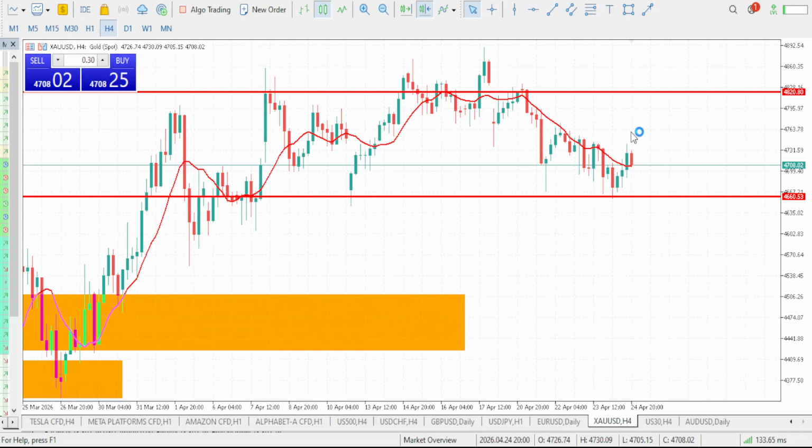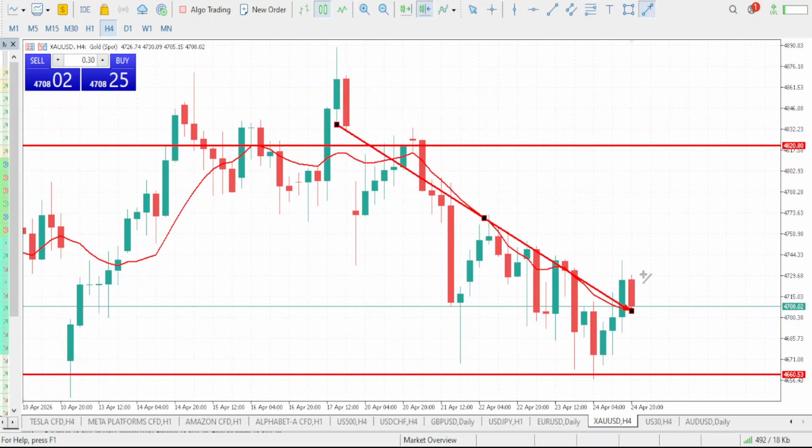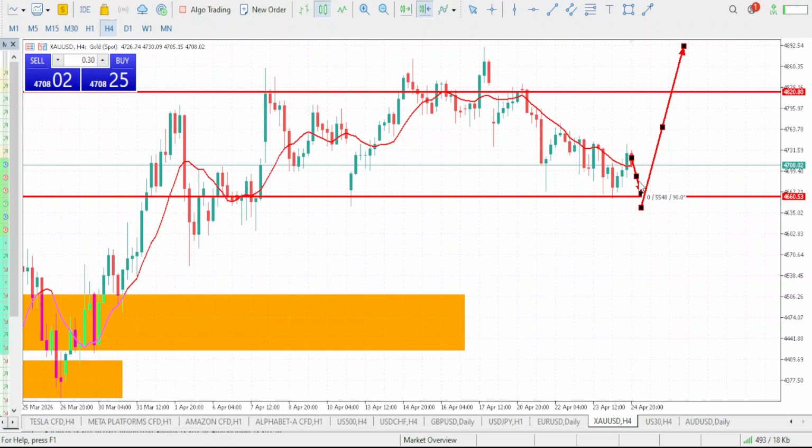But right now, what is market doing? What is the current trend? Market is currently trending downward. Market is currently dropping. So let's see gold give us some more drop to form a new low before it eventually starts pushing up, that we start forming a new high. So guys, what market will likely do is give us some more drop, that you take out this low. Once it takes out the low, then market can now start pushing up from this level. So market can now start rejecting from this zone and start pushing up. So above all, what we are trying to say is that a bullish move for the week is what we'll be expecting on gold. More updates on this will be covered for you guys.